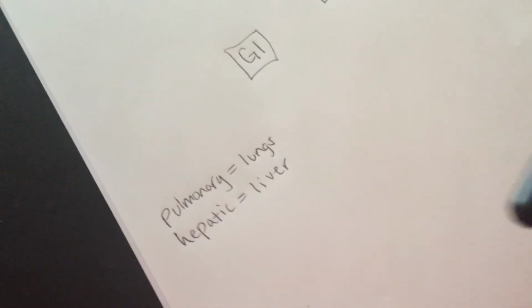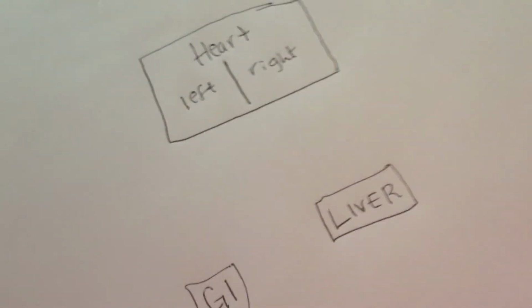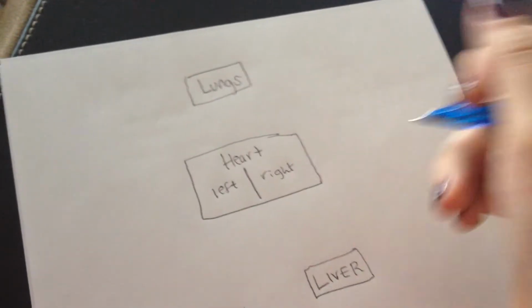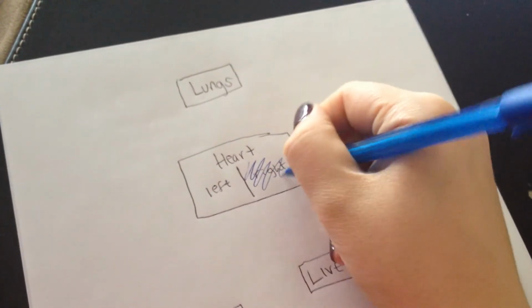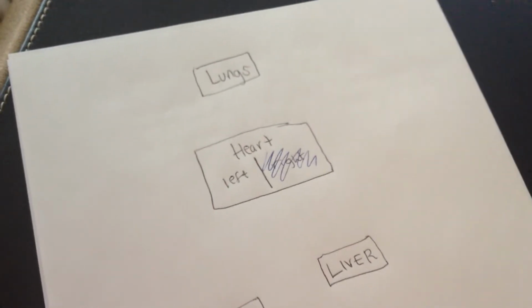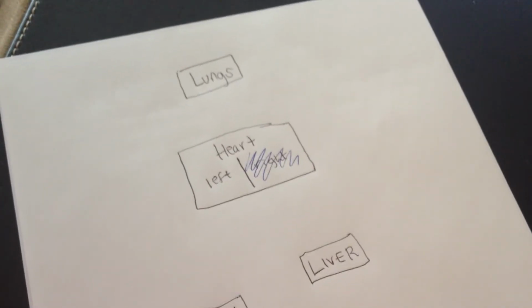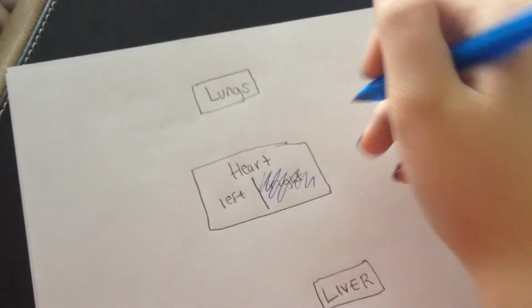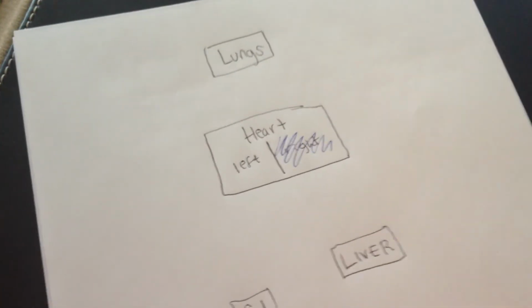Okay, so the first thing we're going to do is go through the different sides of the heart and basically where they go. So we're going to do blue for the right side. Now the first thing that we're going to be doing is the heart transporting blood through the vascular system